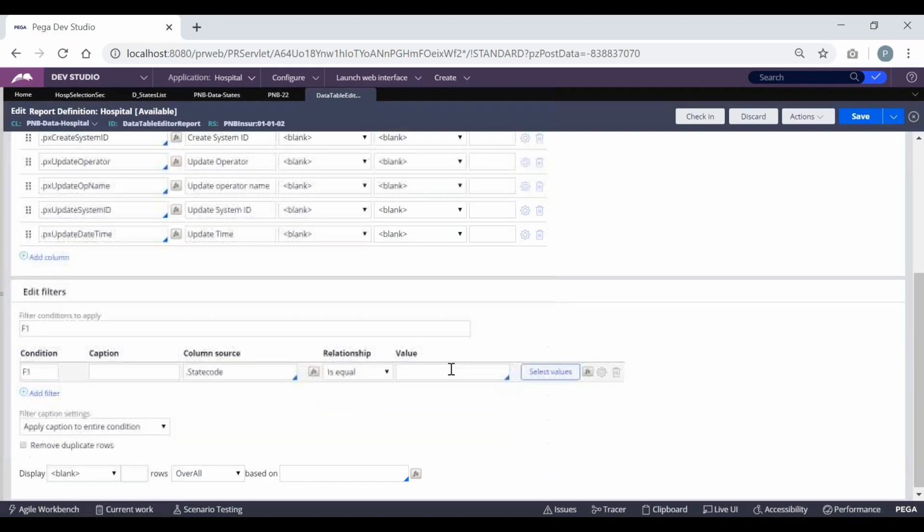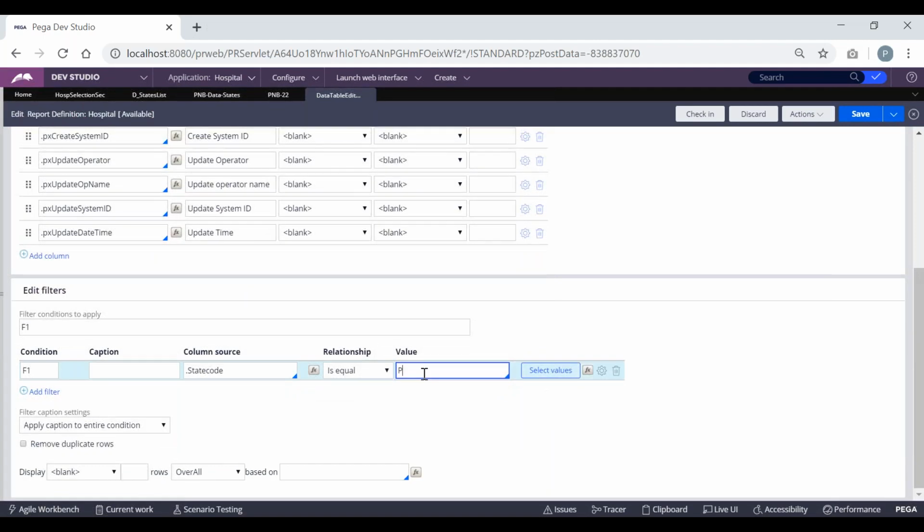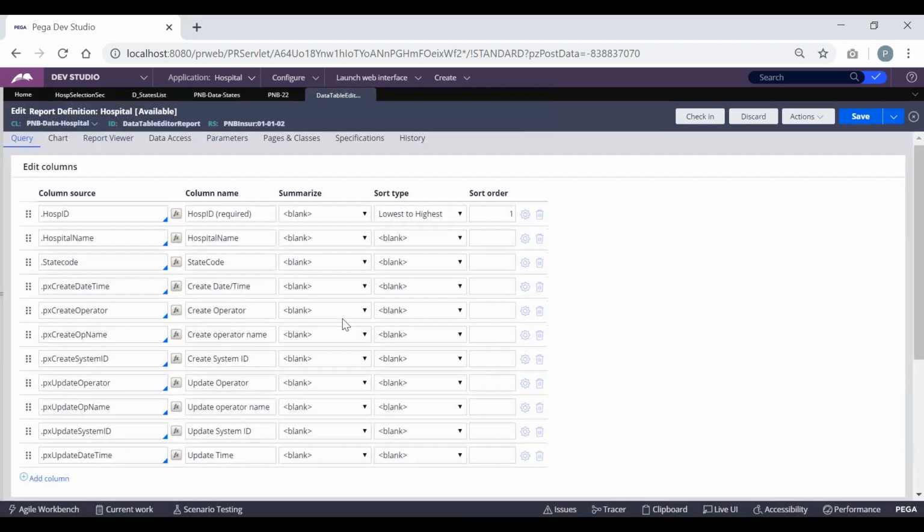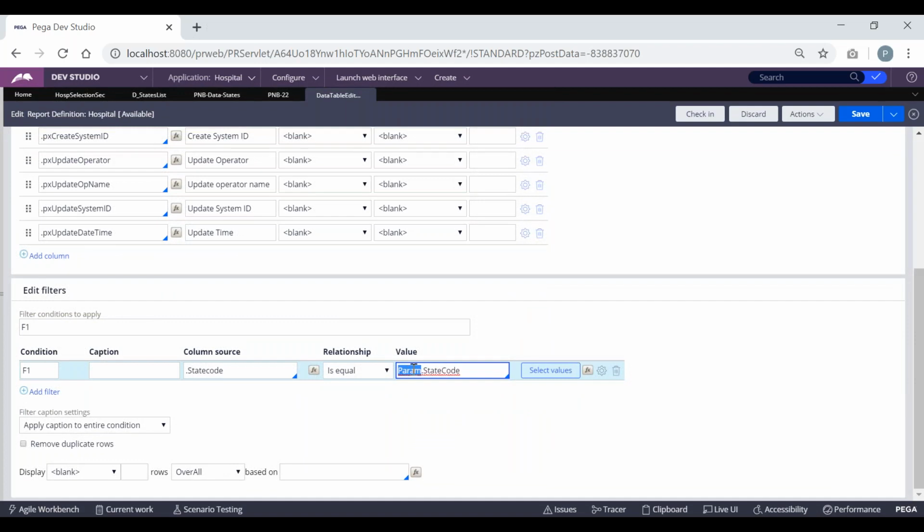After that, we have to call it by using the param page, PARAM. If you use this param page, then I can use the value I defined in the parameters tab. So you have to blindly remember this.